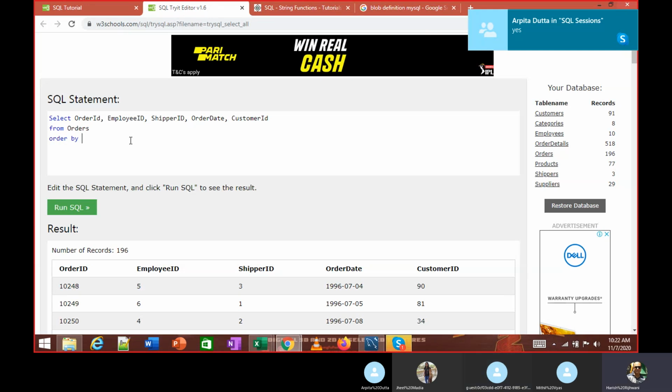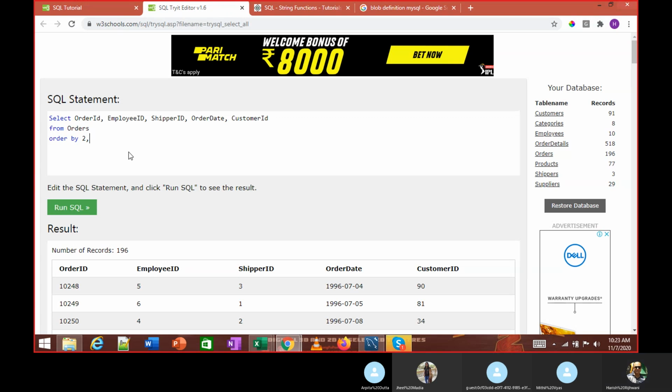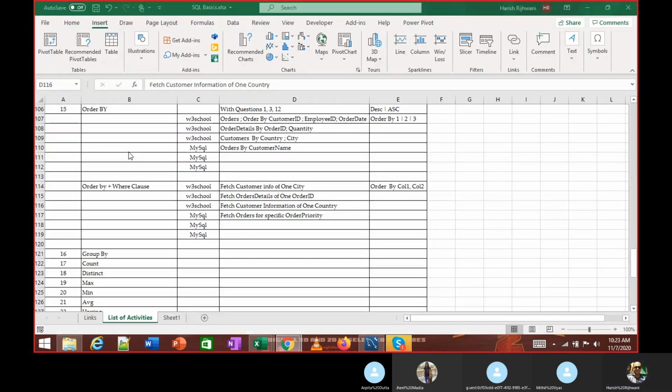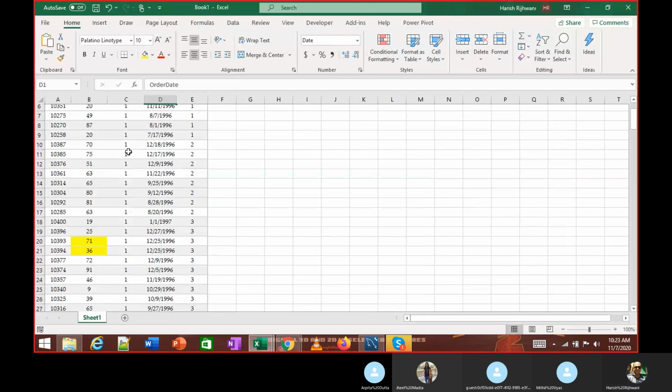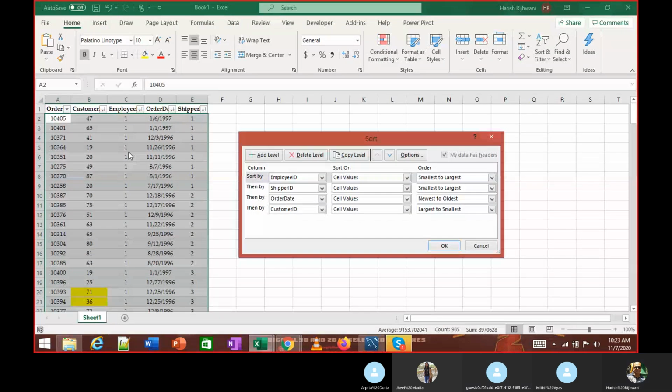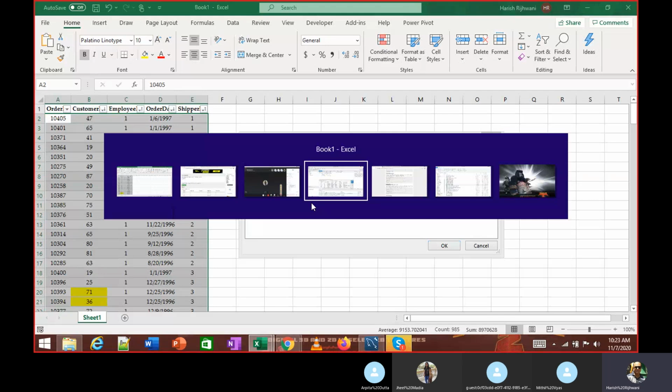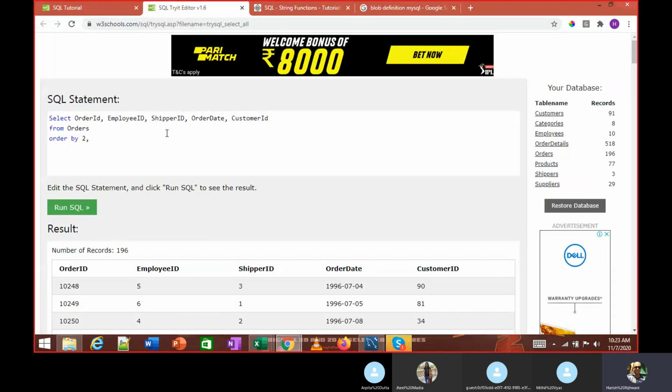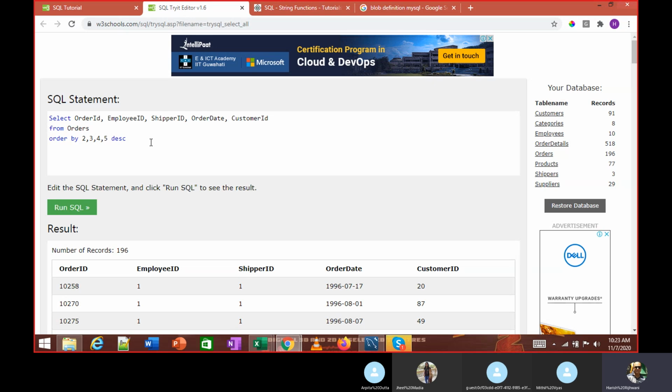Now, if I say order by 2, employee ID, shipper ID, order date, customer ID, it would be 2, 3, 4, 5, DESC. This much you're clear, that I use employee ID, shipper ID. Yes. Now, if I change this order like this,